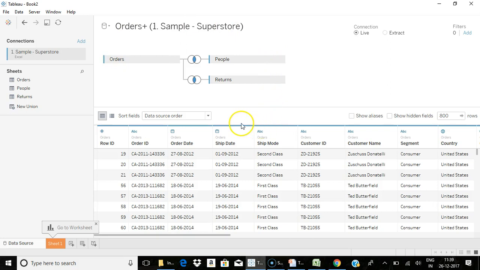Once you have established all these things, you have to decide about your live and extract connection. We discussed what live and extract connections are in the previous video. When you connect live, your data is connected live and the speed is determined by the speed of your data source. For improved performance, as a best practice, we also go for an extract connection, which takes a subset of data or the entire data set and keeps it in your local memory, and from that we process our data. So either you can go for a live connection or an extract connection.